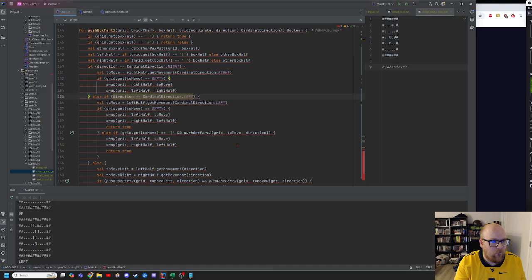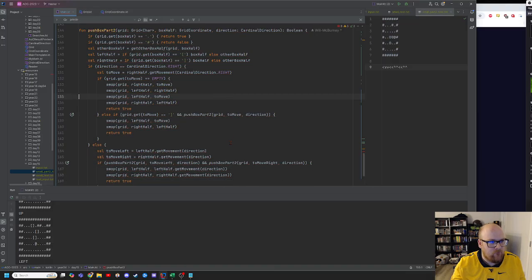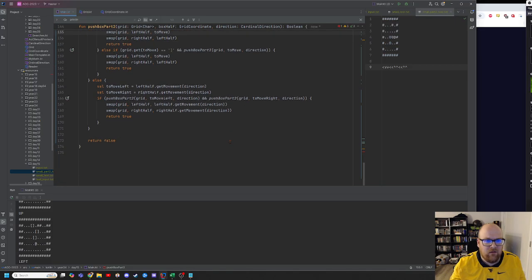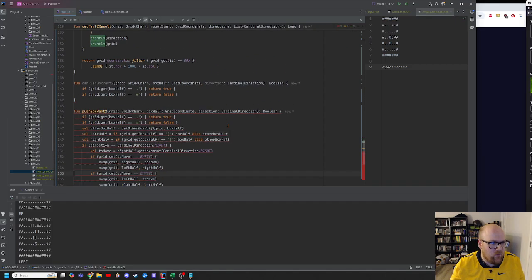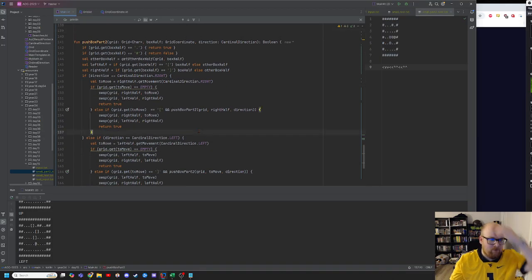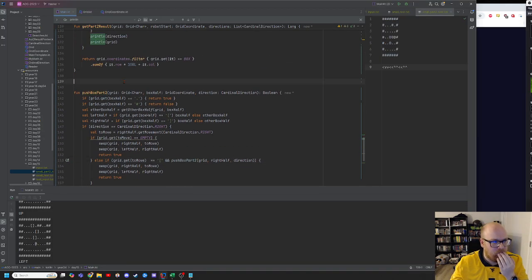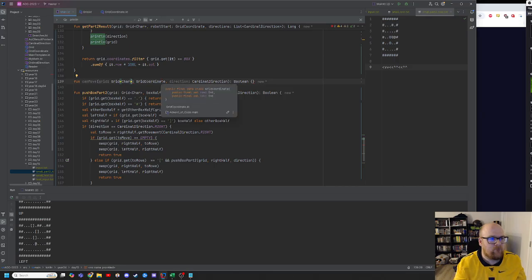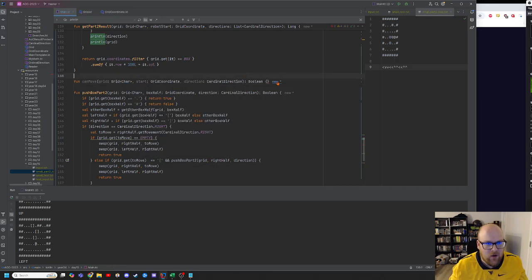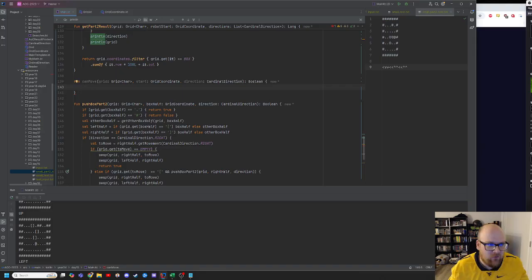Whoa. What the? Why is Control Z deleting code? Okay. And it's going to be start direction, and all I'm going to do is just, and what I'm doing here is going to be very inefficient. I can tell you this right now. I'm just getting it to work first. So